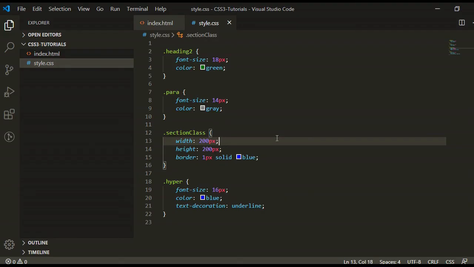So this is the big advantage of using class selectors. You can apply one class name on multiple elements, so you will not have to write the CSS properties multiple times for different elements.